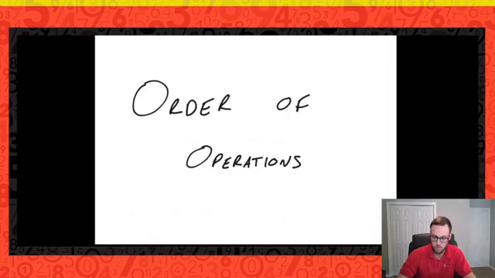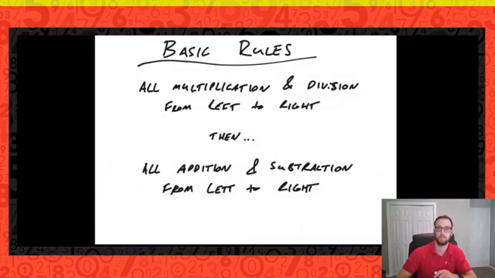And while we do that, I want to pull up my first slide here, and we're going to talk about the basic rules of order of operations. Some of you might have done this in school already, and that's awesome. We're so glad that you wanted to join us. Maybe get a little bit of a refresher, or if this is something new, hopefully you learn a little bit of something today. So our basic rules for order of operations are that we're going to do all of our multiplication and division from left to right, and then we're going to do addition and subtraction, again from left to right.